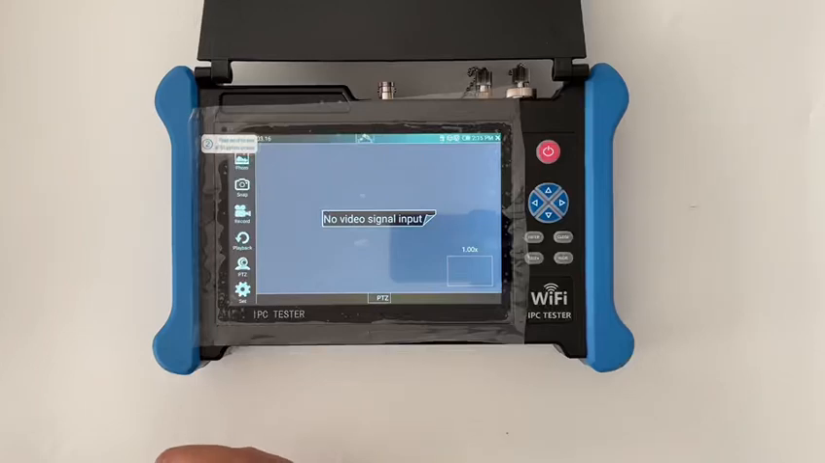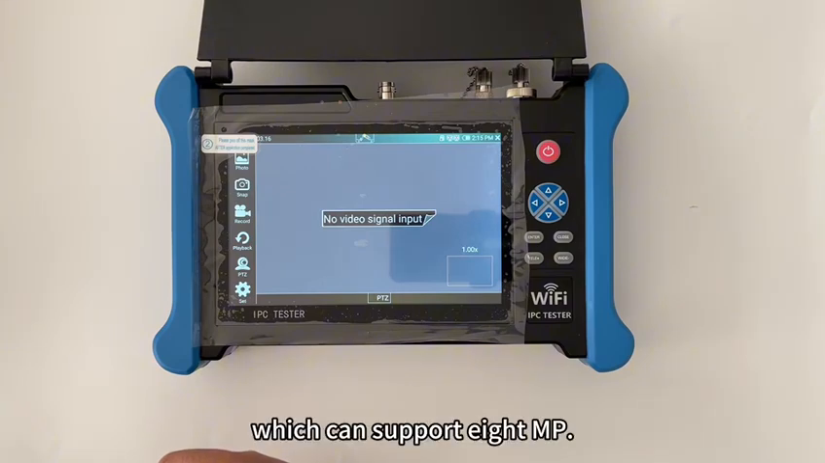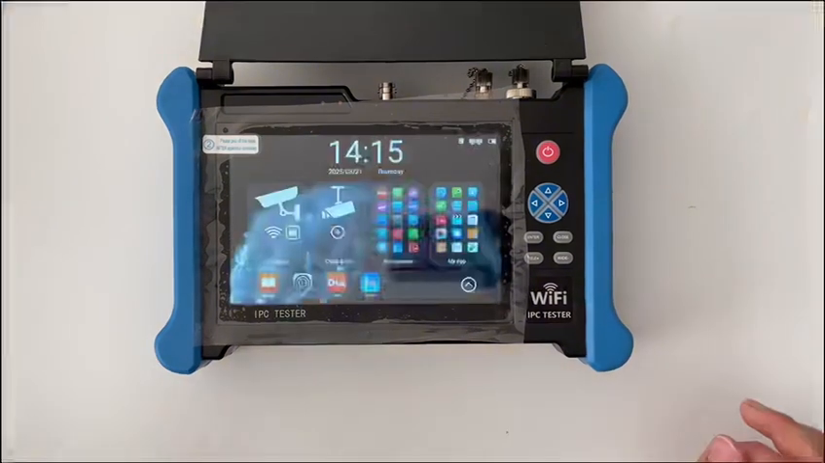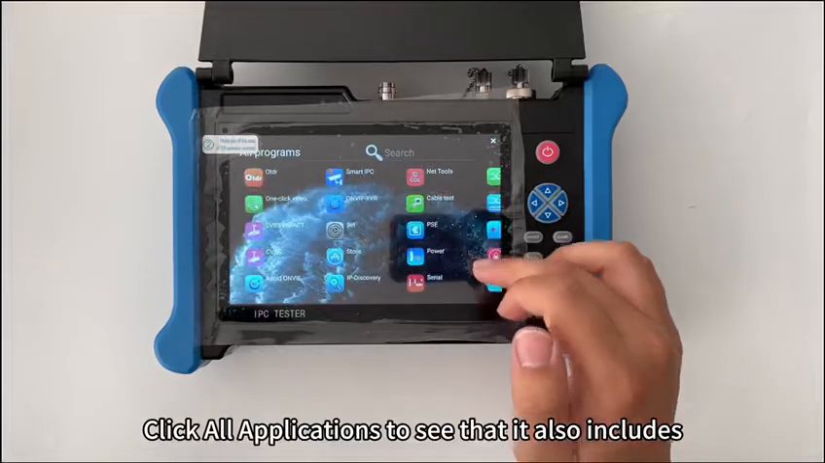Here, the maximum resolution of AHD, TVI, CVI coaxial HD can support 8 MP. Click All Applications to see that it also includes